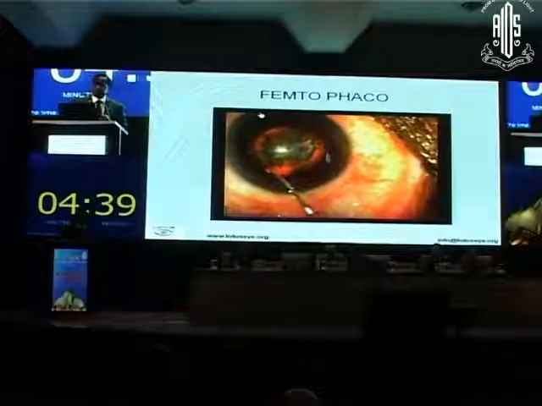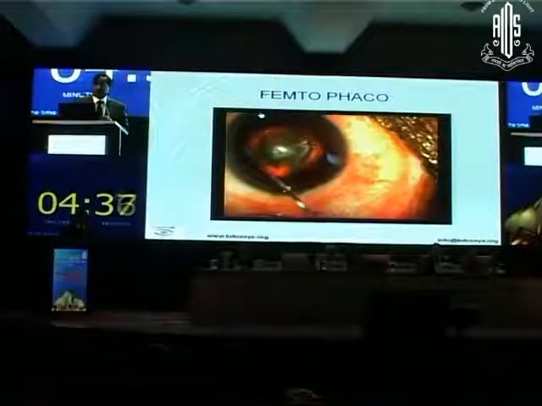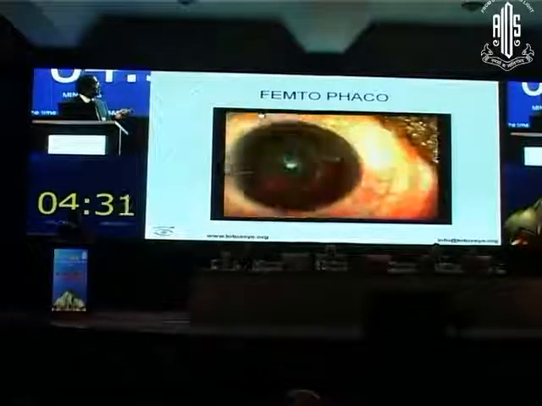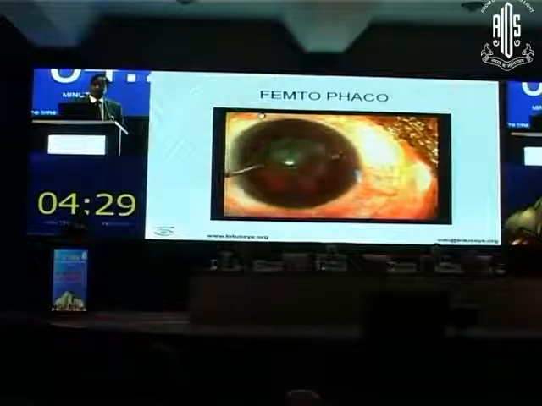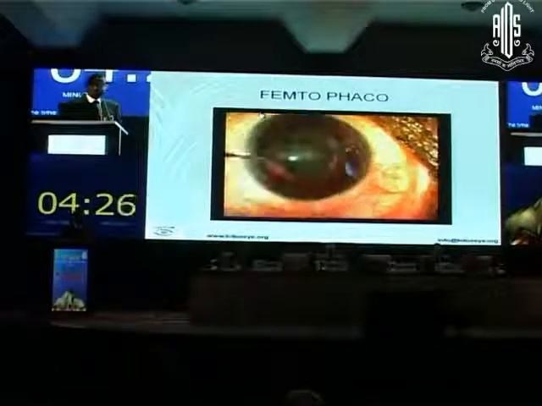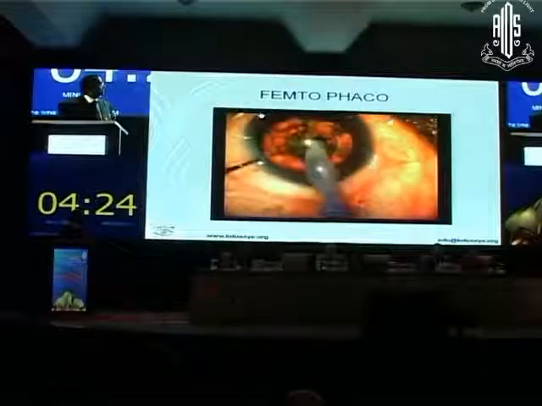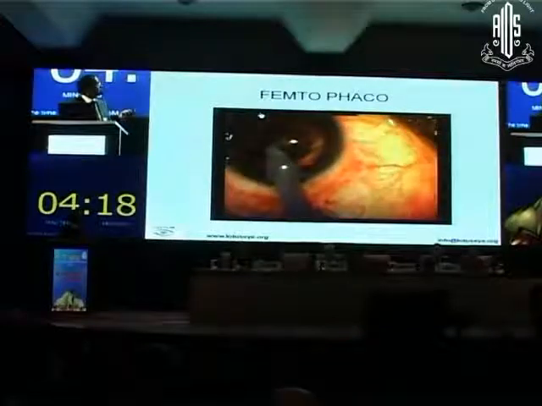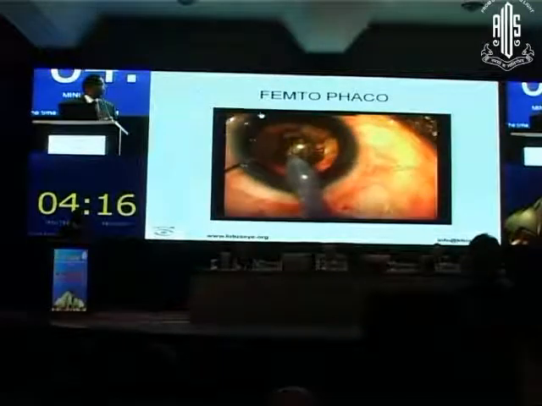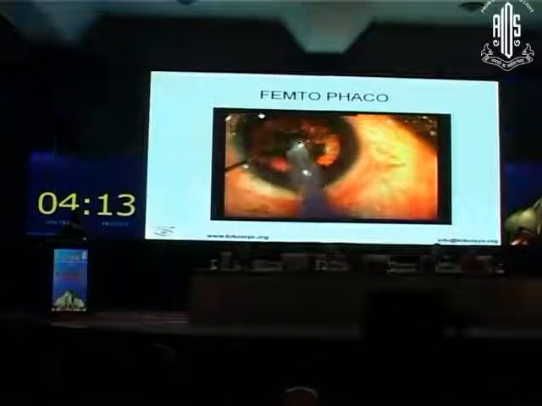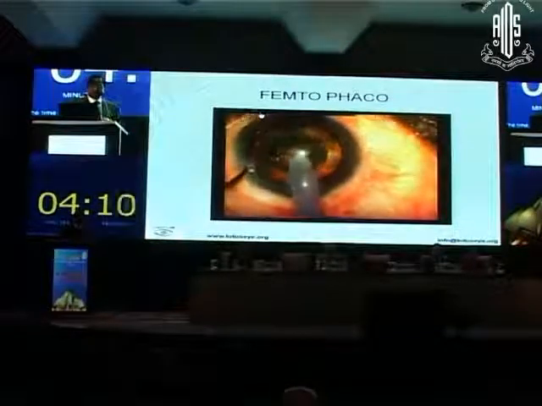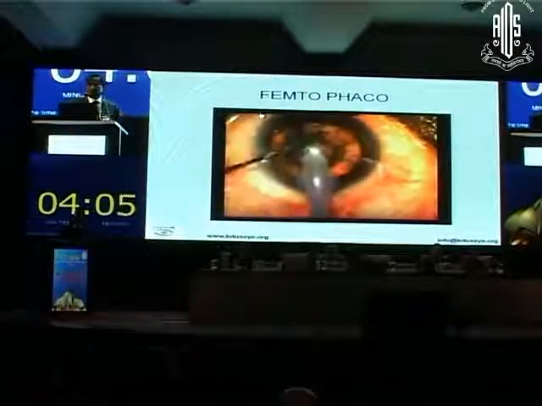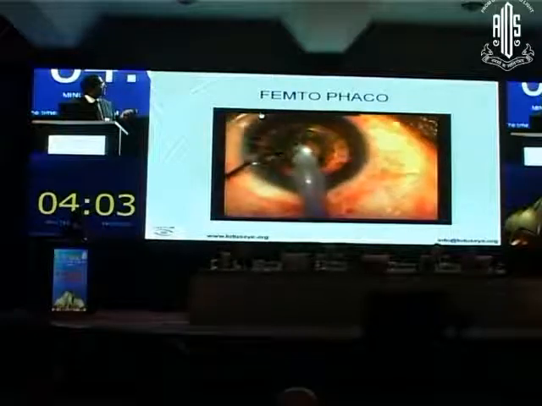The hydrodissection should be a very, very careful one. A small amount of fluid is injected at the sides, and remember, there will be an air bubble behind the nucleus. Don't do a very aggressive hydrodissection. And rotate the nucleus. The center portion is already softened by the femto. You just need to aspirate the center part. Once you aspirate that, you can see the division done by the femtosecond. Once the division is seen, you separate them. Each piece you can separate and then aspirate.